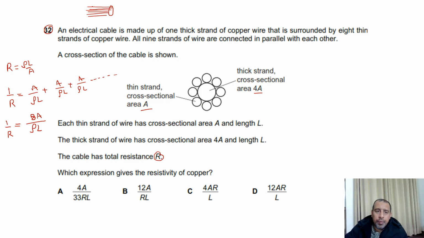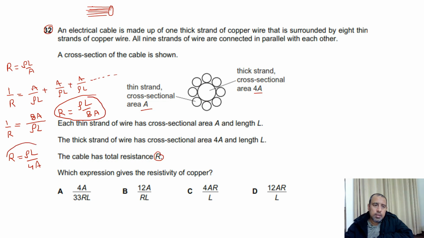This is for the thin wires, but for the other, that is, R is equal to rho L over 4A. And this R is equal to rho L over 8A. So we have